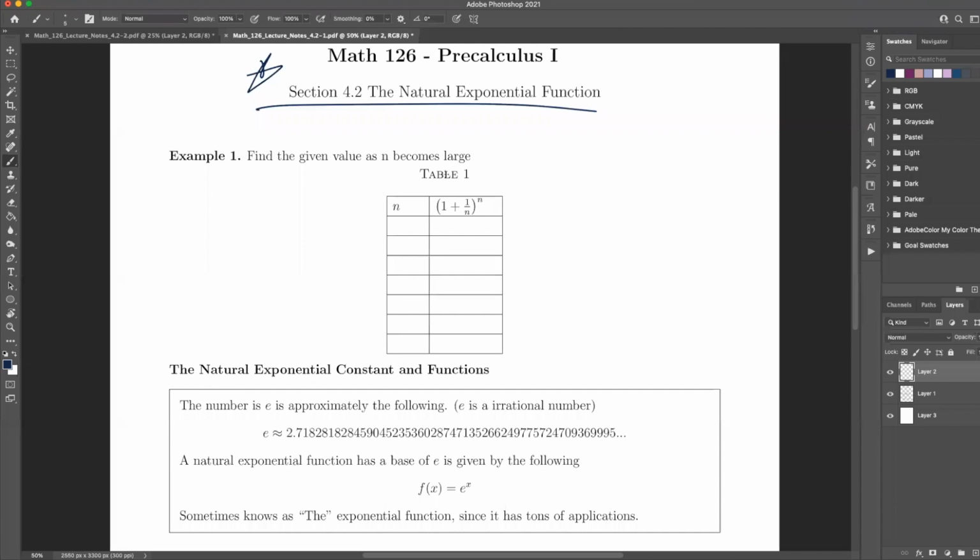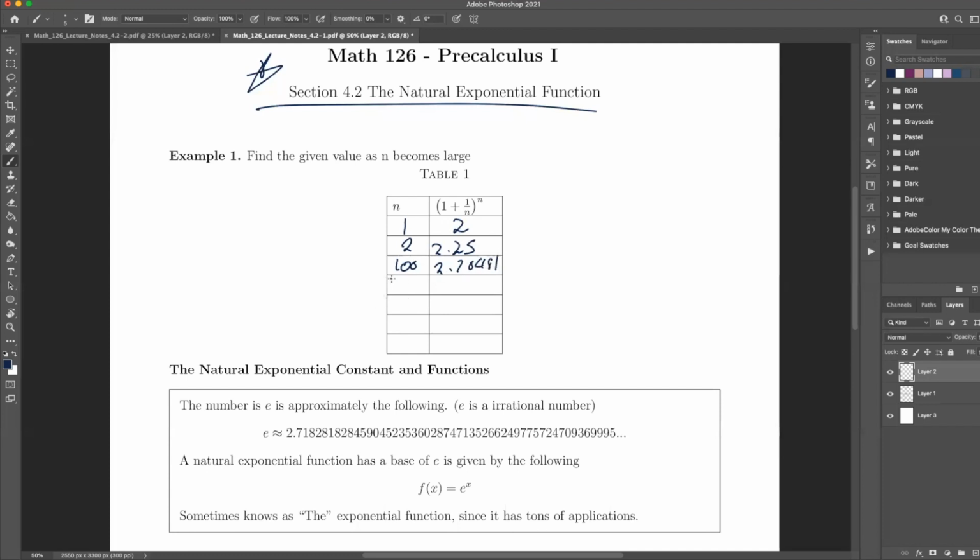So I said, okay, let's just pretend we had an interest rate of 1, so 100%, and we're going to have it run for 1 year and see how many times we compound it. If n was 1, and the interest rate was 100%, after 1 year it'll double, or 1 plus 1 over 1 to the first power, which is 2. Then let's compound it twice, and that was 2.25. Then let's compound this like 100 times, and that was